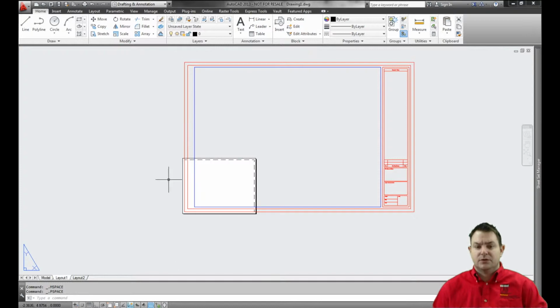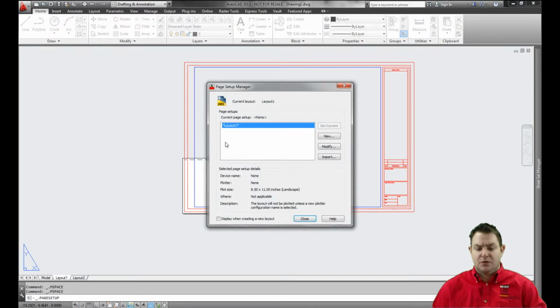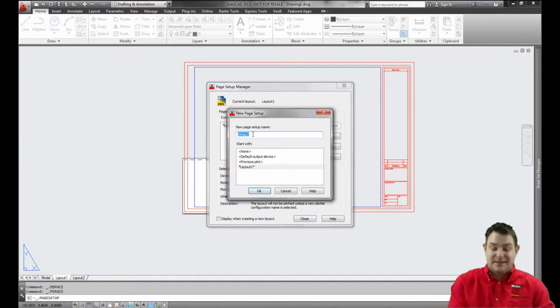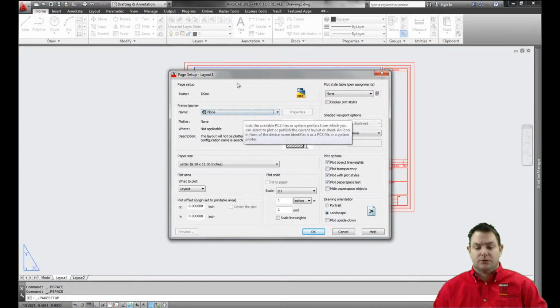Okay, so what I want to do is set my page setup so that this will print correctly. Right now, the only thing that's going to print is what's inside of that dashed line right there. So I'm going to use the page setup to be able to do this. I'm going to come into my layout. I will right click and come up to my page setup manager. Inside of my page setup manager, I just want to create a new setup, and this is a D size title block, so I'm going to call this D size. I'll create a full size plot here, and I just want to come down and work through this